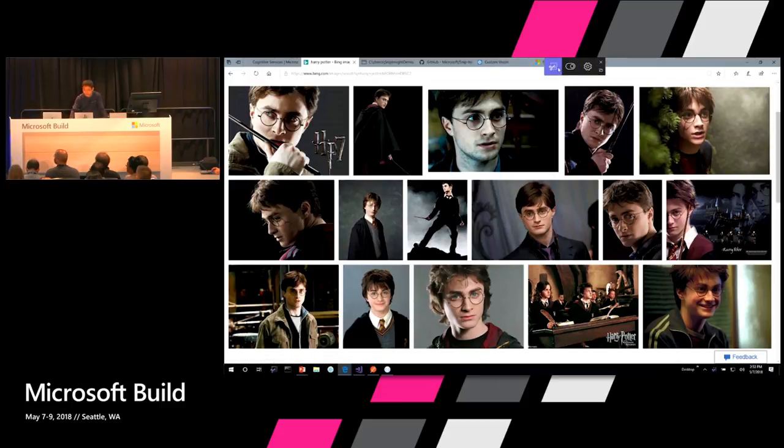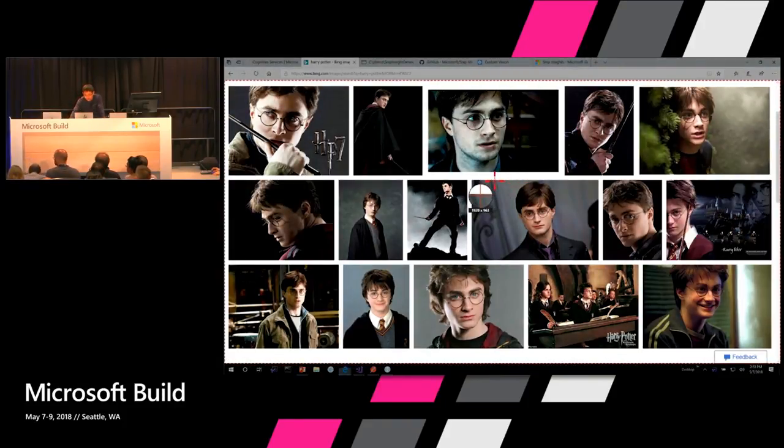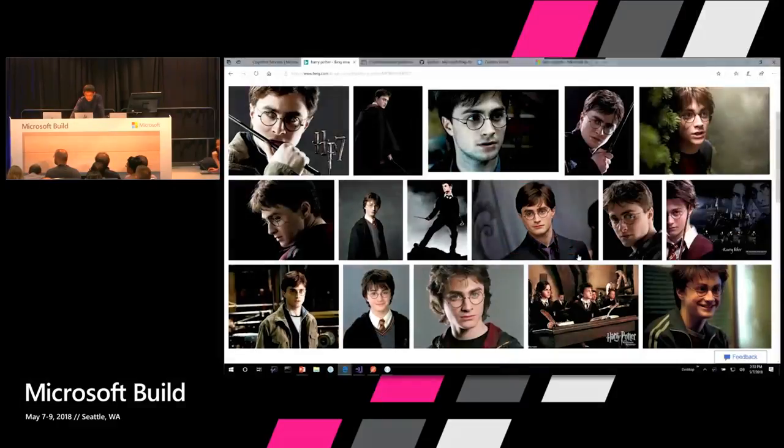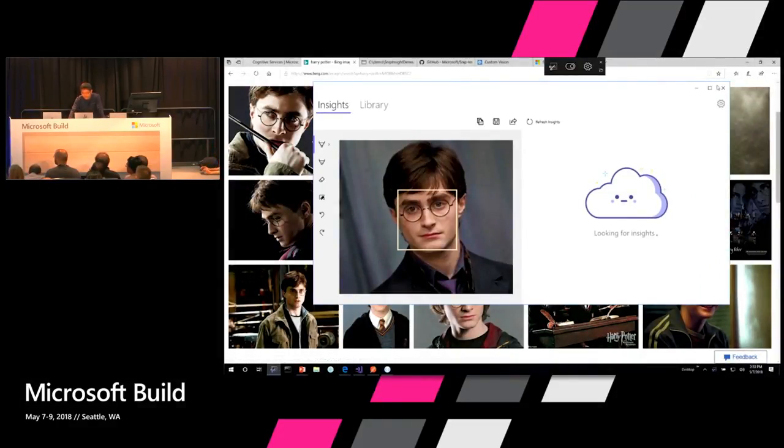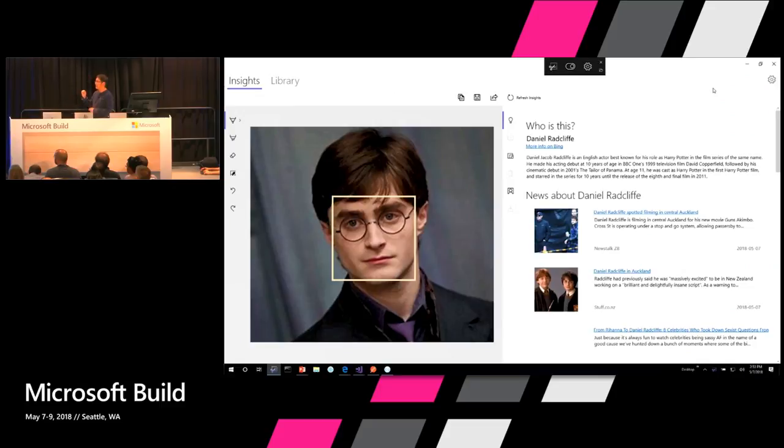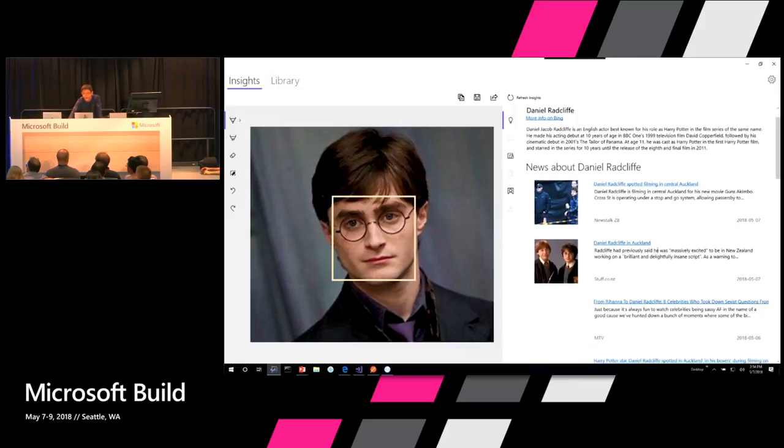Now, let's just try to do a snip. Today, if you use a snipping tool, you probably just snip, and that's it. You paste it in all your applications. You want the snipping tool to be more powerful than that, with all this AI in it. Let's see what happens. So let's just take a picture of this guy, whom I don't know who he is. At this point, it invokes cognitive services in the back end, and it comes back with celebrity recognition. It knows this guy is Daniel Radcliffe. And of course, you can read all the nice news about Daniel.